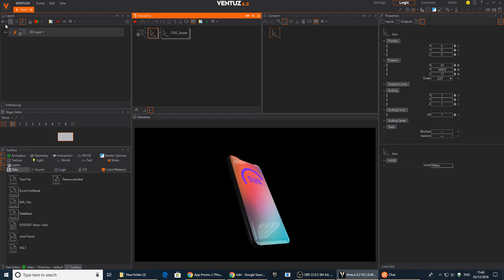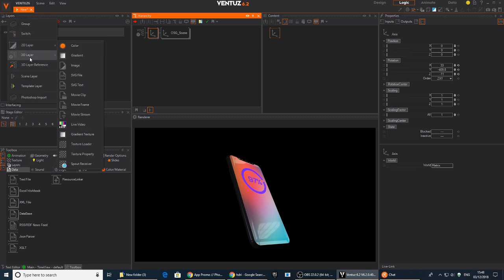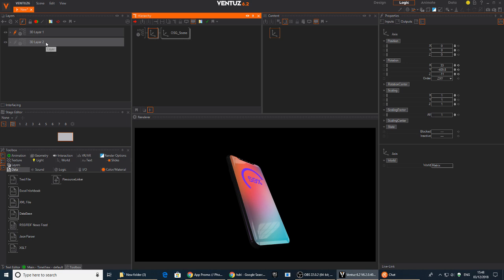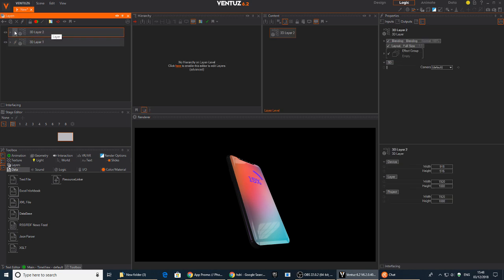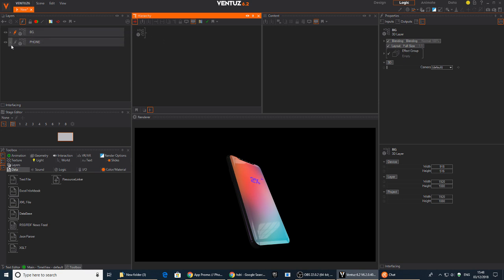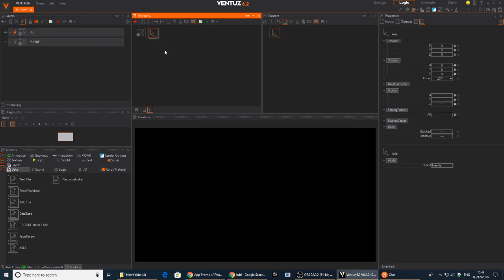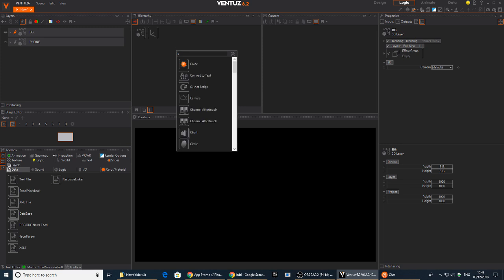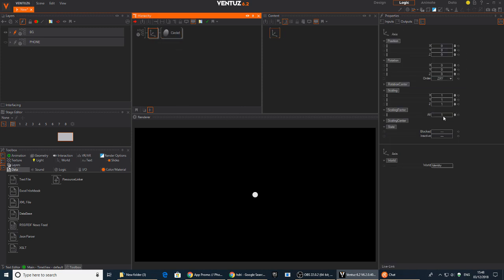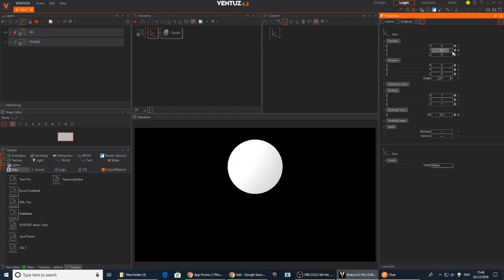I can make the background. So I'm just gonna make another 2D layer, another 3D scene. And on this one, I've moved it above, so I'll just call that BG. This can be whatever phone, I'll just call this phone for now. And go into here. Okay, so I'm going to temporarily hide this layer, so I can just focus on the background scene. Gonna get axis, circle,